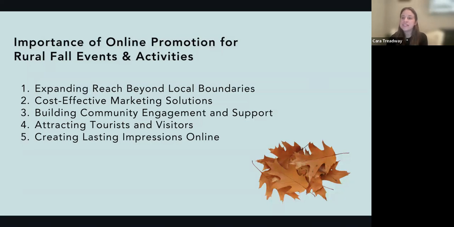This helps make our events a getaway for exploring the area as well. Capturing event highlights and encouraging attendee feedback can help create lasting impressions online. This will help solidify your event's brand identity and also generate buzz for future events.